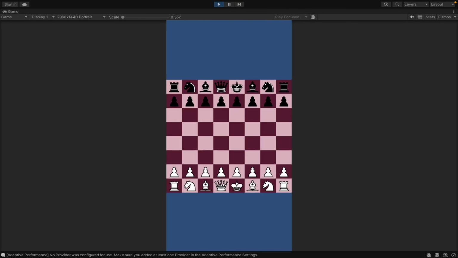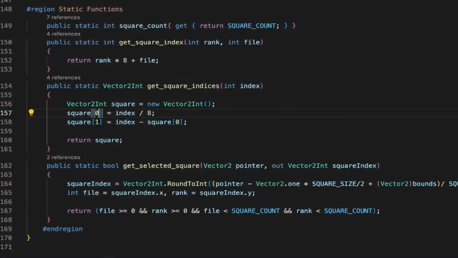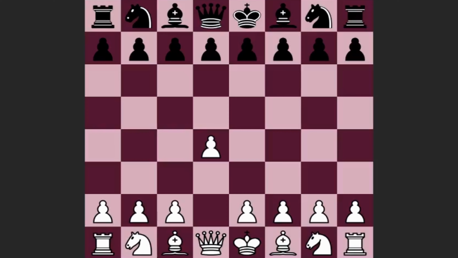We do have an error, and the error is inside the board UI class. So I messed up in the helper function to get the square indices. This is the right way to do it, and now everything should work perfectly. The game recognizes that white has made a move, and now only black is allowed to make a move, and so on. And now our game finally is playable for two different players instead of one player taking all the control. But that doesn't stop us from sneaking in a move like this,